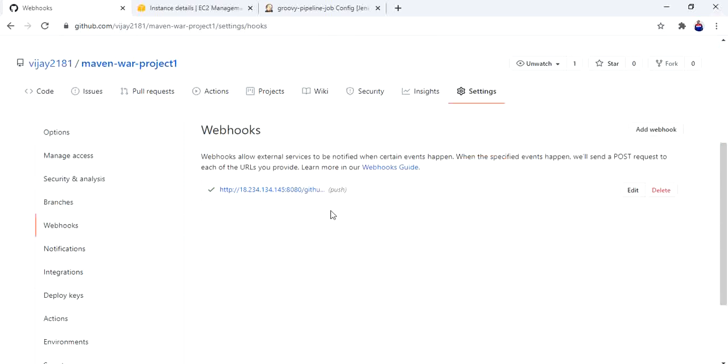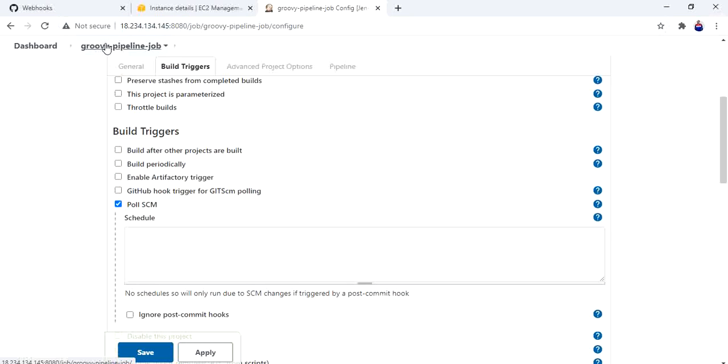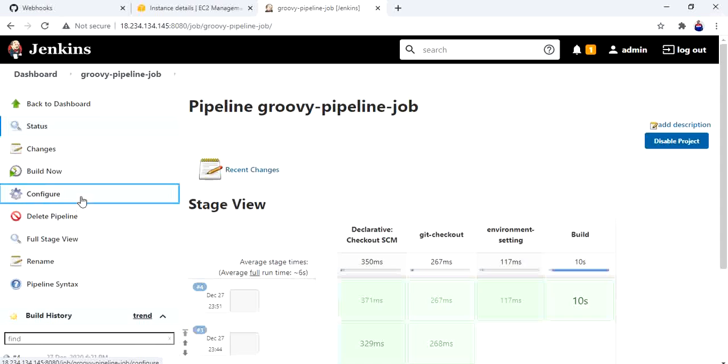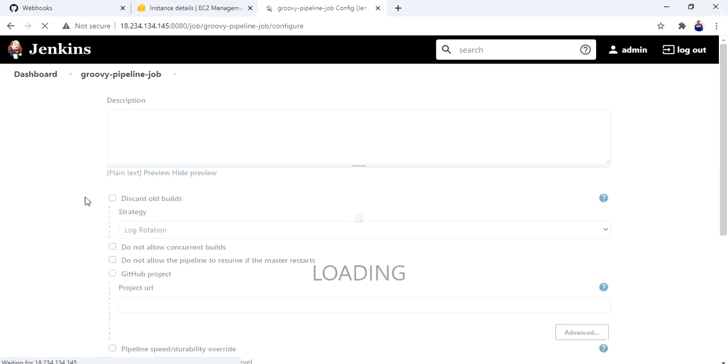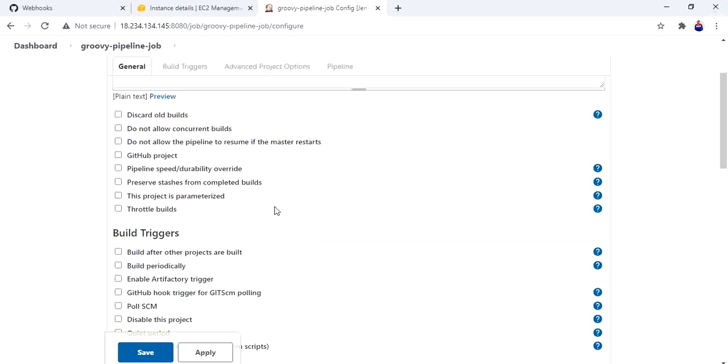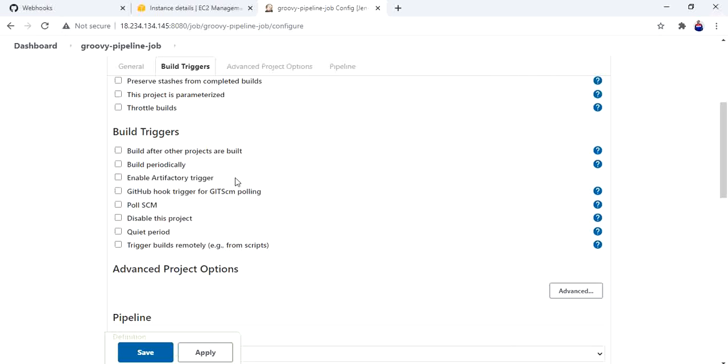My webhook has been set successfully. Now let me go to my Jenkins pipeline job. We have to go to configure. Here, under build triggers, select this option: GitHub hook trigger for GITScm polling.